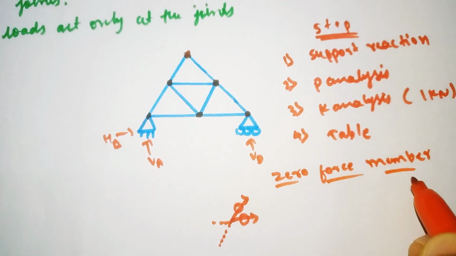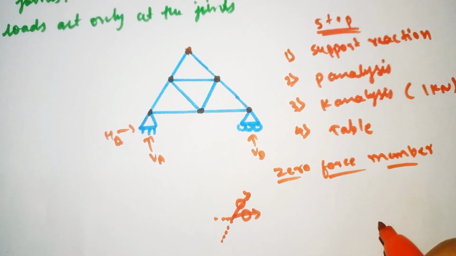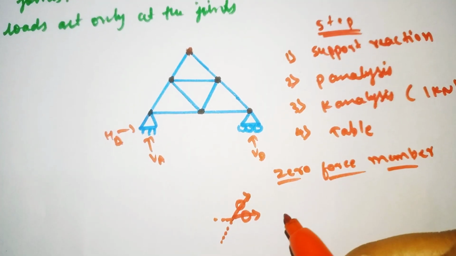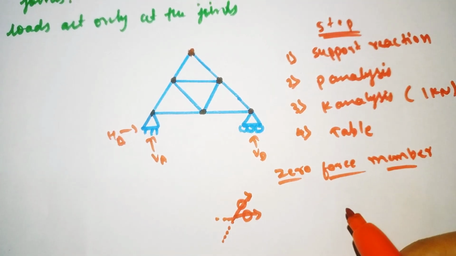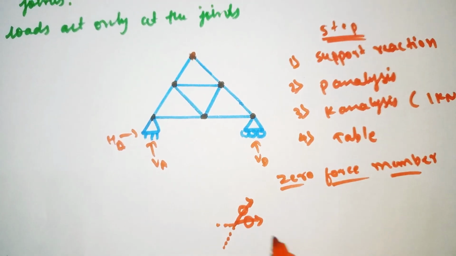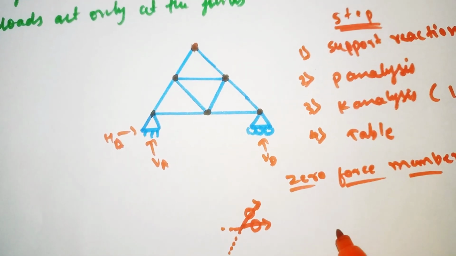It is called the zero force member. A zero force member is nothing but a member that carries zero force under a particular loading condition. It helps maintain the shape of the truss, but it does not carry any load. So for example, see